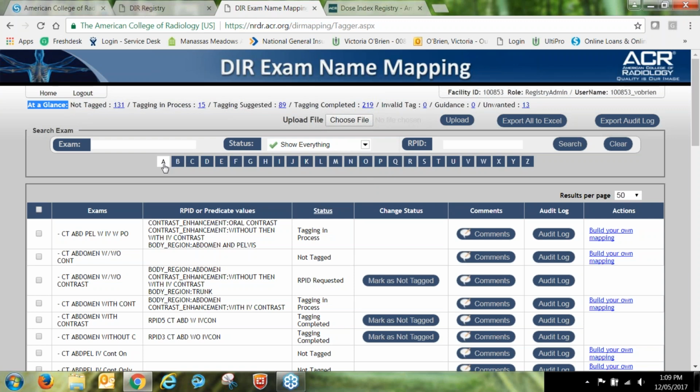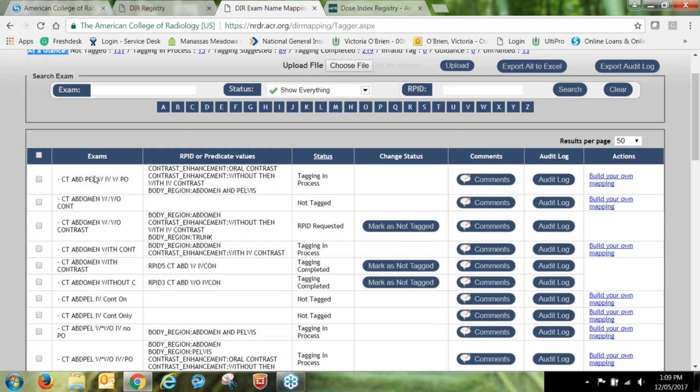Alphabetical is helpful if you're looking for a particular exam that you know begins with an A, and this is what I mean. CT, abdomen, pelvis. Though the exam is an abdomen, the first letter in the series is actually a C. So if you're looking for abdomen and your exam names are written with CT preceding abdomen, it's really going to fall under C and not A. So it's really going to depend on how your protocol names are written in the study description field of your